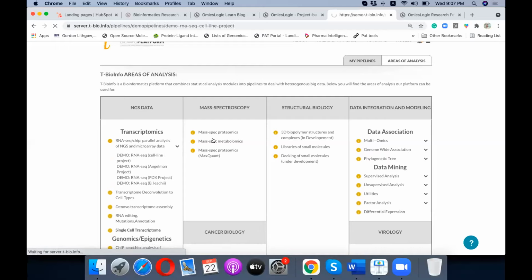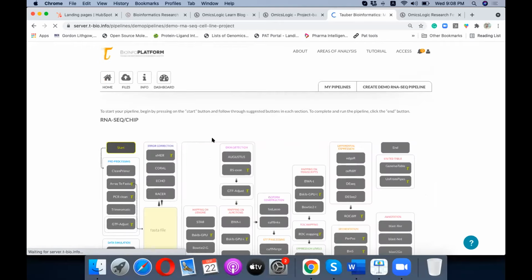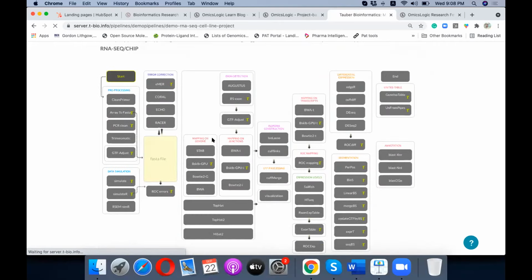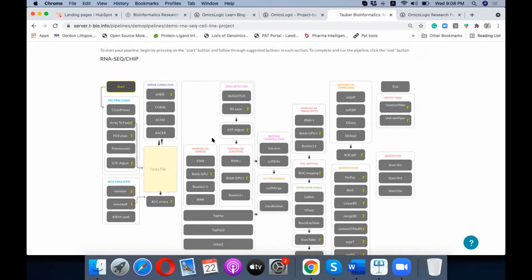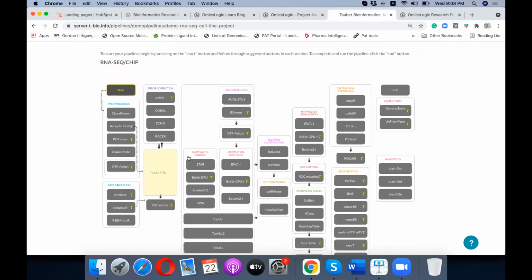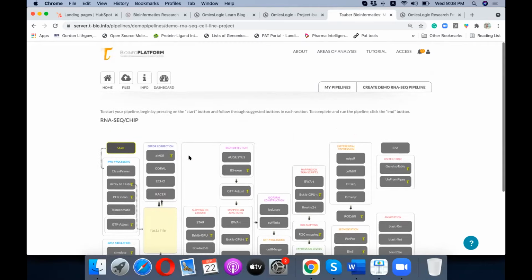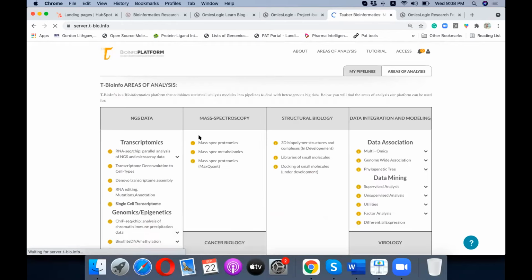And these are big data sets. Here is an example of an RNA-seq pipeline that you can see. It's a complex pipeline with a lot of algorithms that are well covered in the course and well described in this platform, which we will be using throughout the internship for analysis of results and also to pre-process the data and prepare it for downstream analysis.